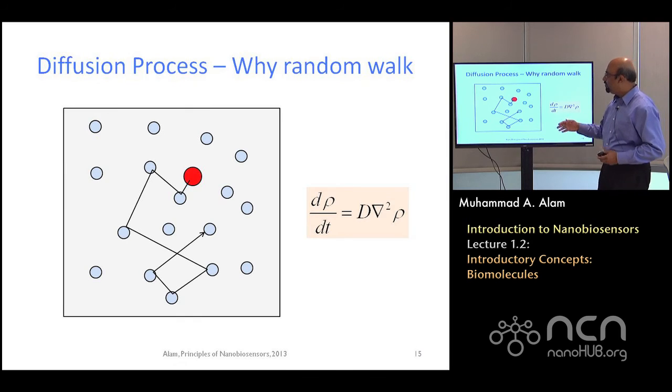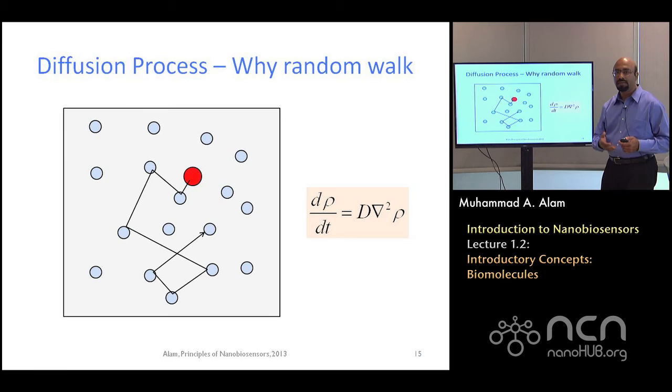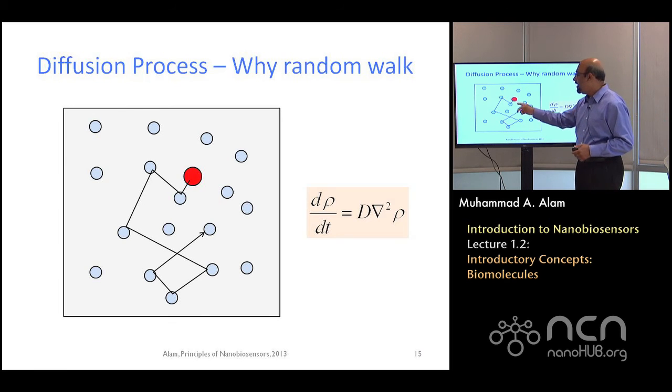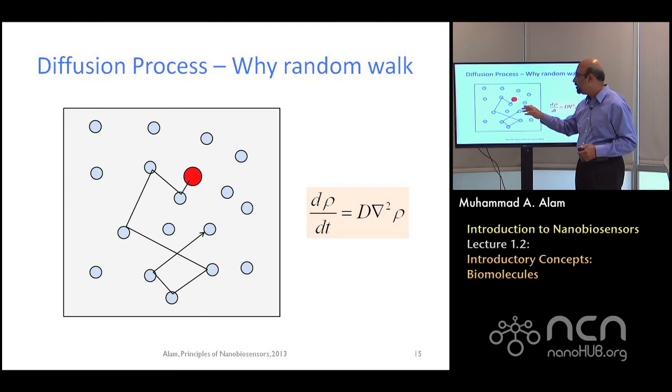Now, this Brownian motion is very important, because it tells us that although we cannot say exactly how far a given molecule, let's say molecule number 1, will go by the end of time t, we can say that on average, if you injected 1,000 of these red molecules at the same point, each one will go a slightly different distance, but there is an average distance. That statistical average is a very important number, the diffusion distance, that we'll have to think about.